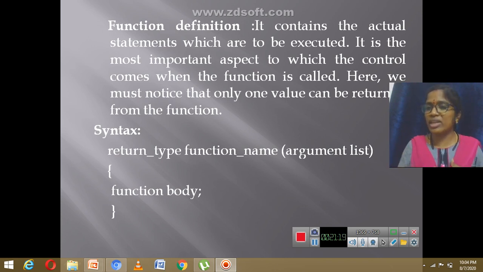And coming to the function call, each time you can call a function and execute it. And finally, function definition. It tells the return type, function name followed by parameters, and it will contain the function body, which tells what instructions, and what is the task it has to perform.